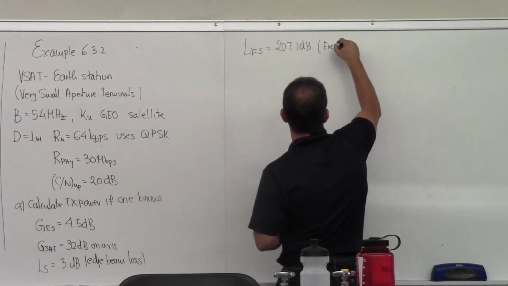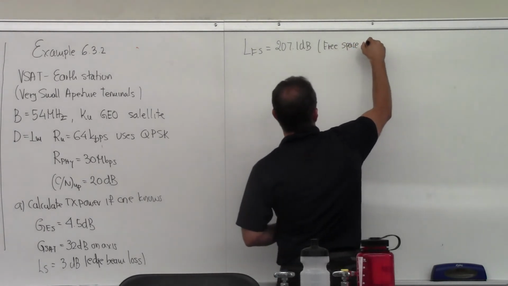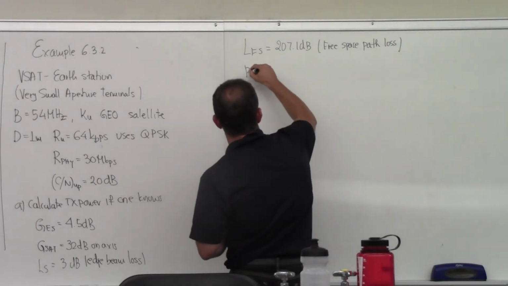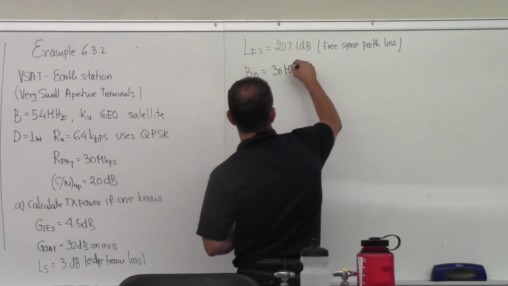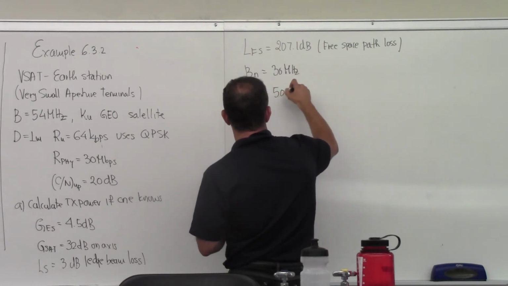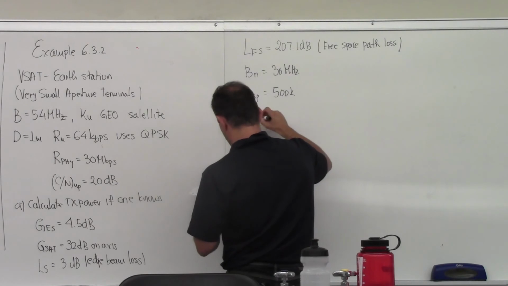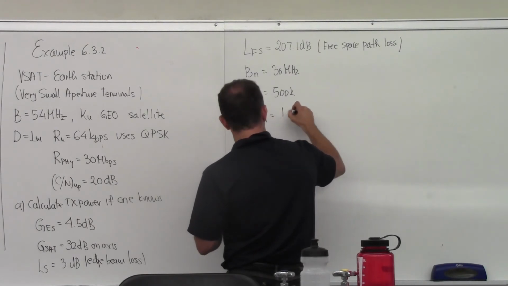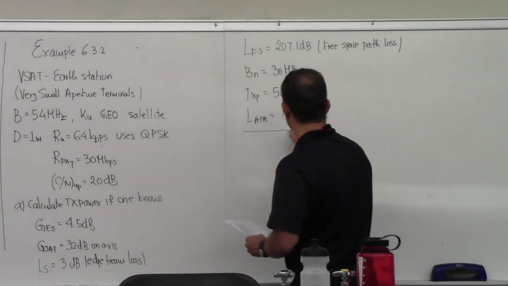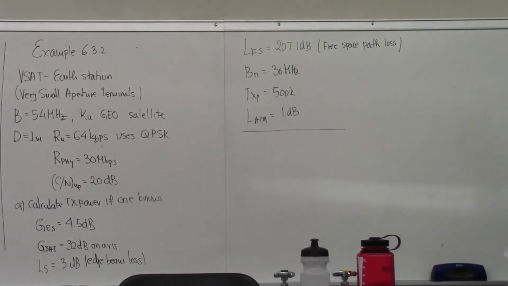So this is free space loss. The noise bandwidth is 30 megahertz, and the temperature of the transponder is 500 K. The atmospheric losses are 1 dB. Right? So what is the power that I need to have on transmission if I were to use this in a TDMA mode? This is a very good example for an exam. Right? It combines a couple of the last chapters that